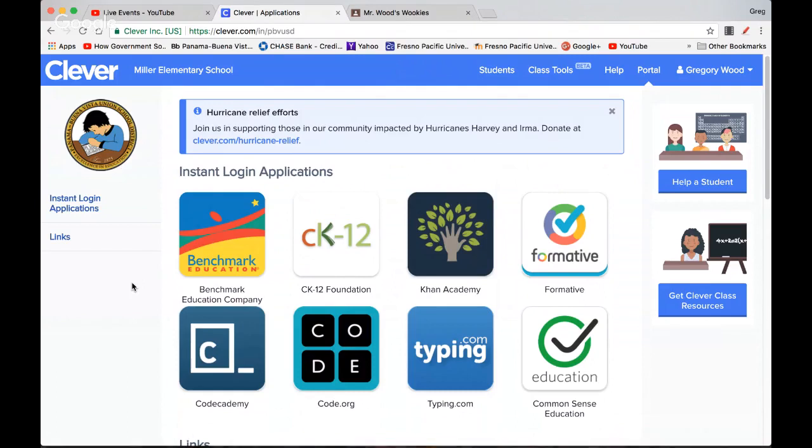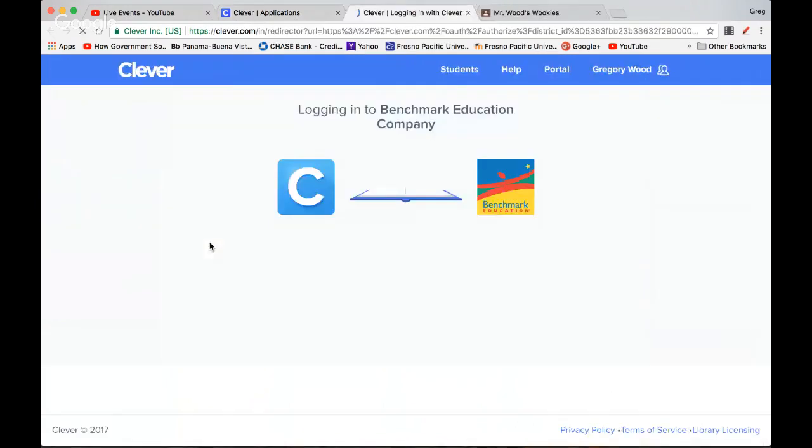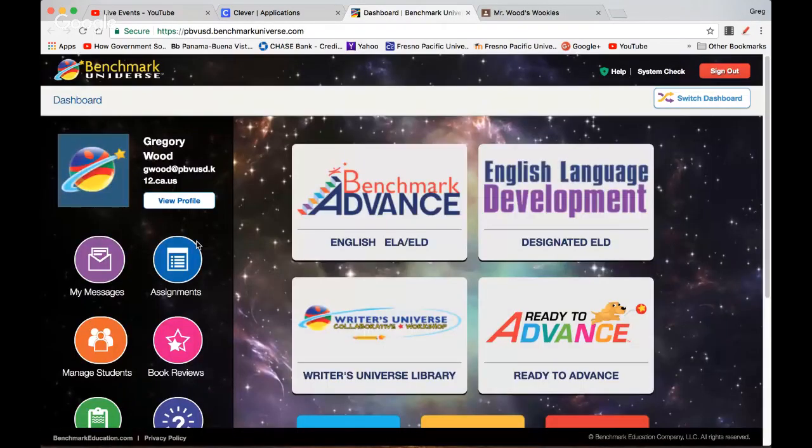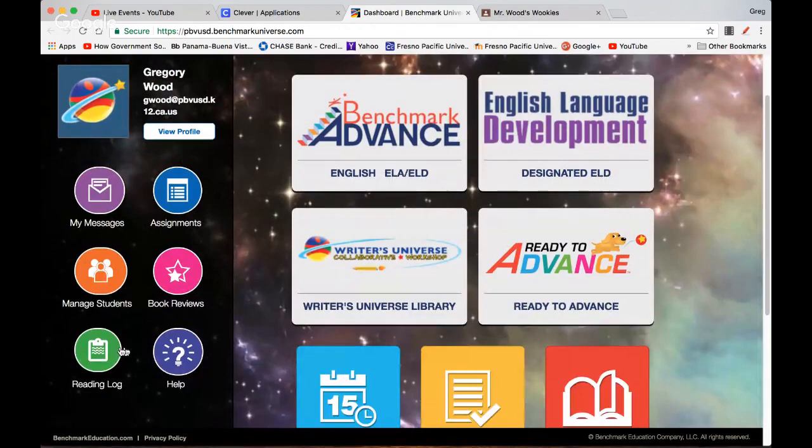So what I'd like for you to do now is to click on Benchmark, and it'll take a minute just to load. Now that we're at Benchmark, you should see your name in the top left, and there are a lot of different little buttons over here: My Messages, Assignments, Managed. My screen probably looks different than yours does, but you should see maybe a few buttons on the left, and